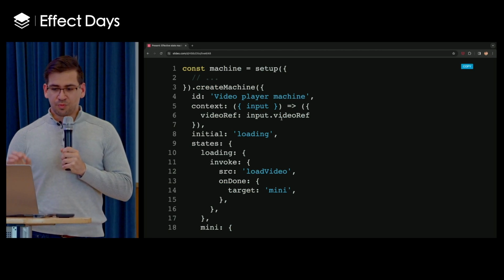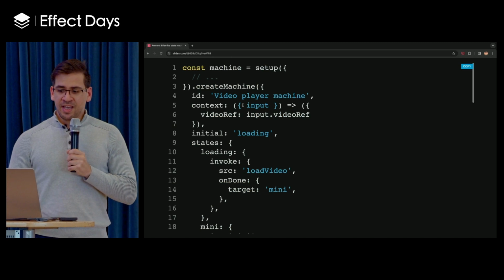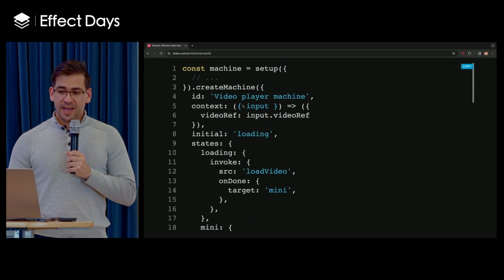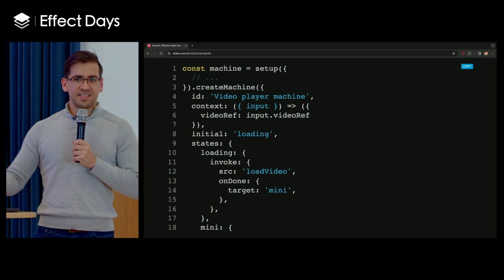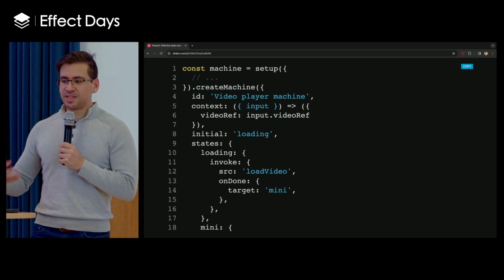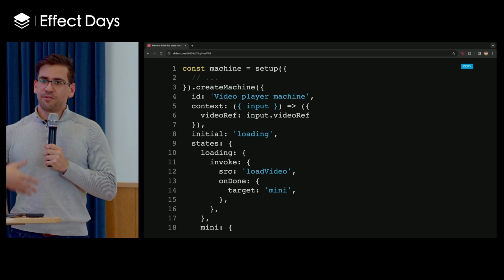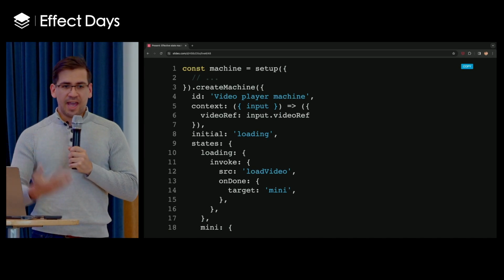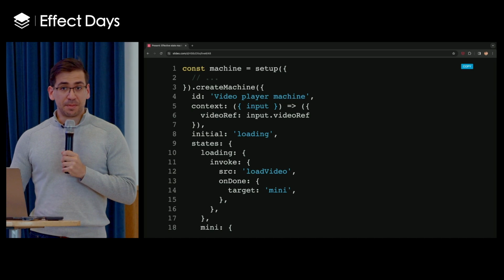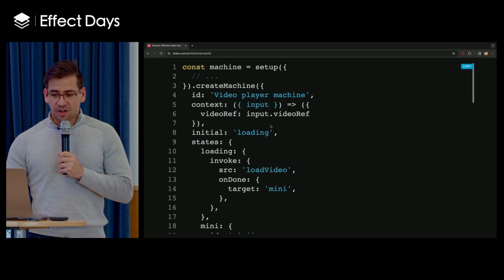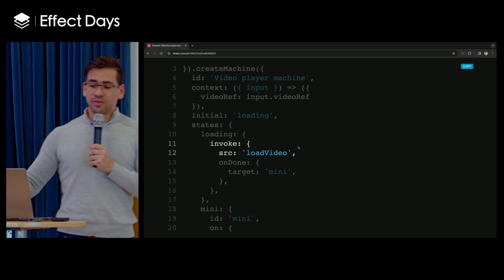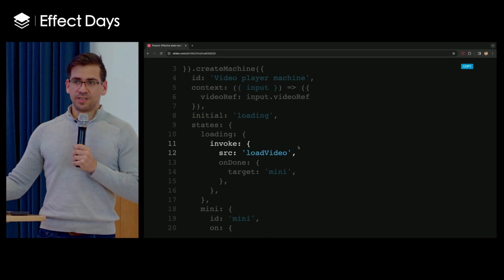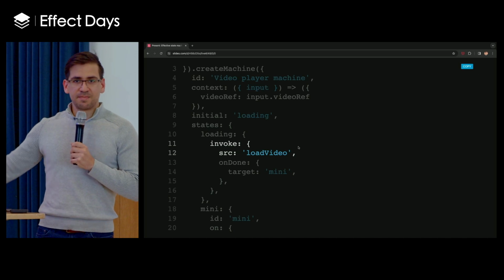What's really interesting about this, though, is that even though we are using Effect, the whole philosophy behind XState is that this is all declarative. It doesn't really matter what you're using for your action or your actor or guard implementation, because it's all abstracted away anyway. So you see, for example, here, we know that we're invoking this load video actor, and it doesn't matter where it comes from.